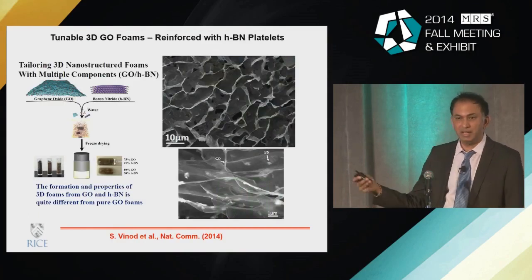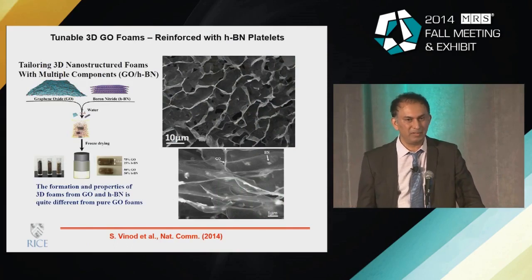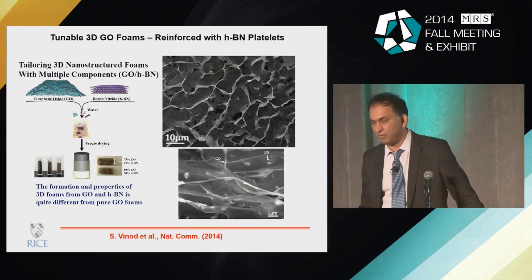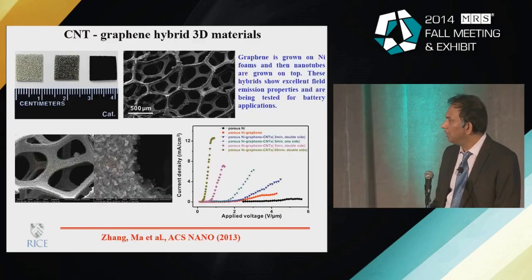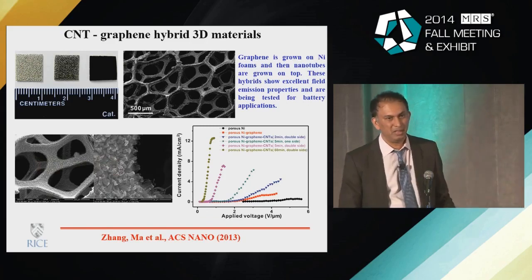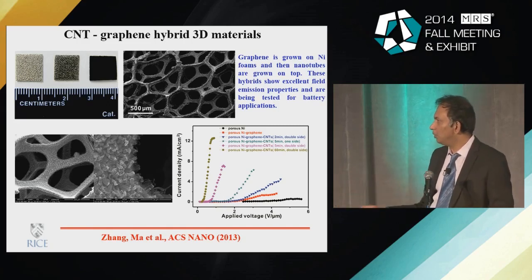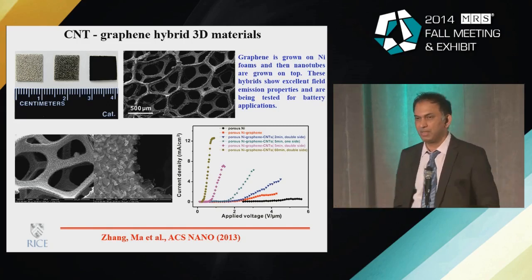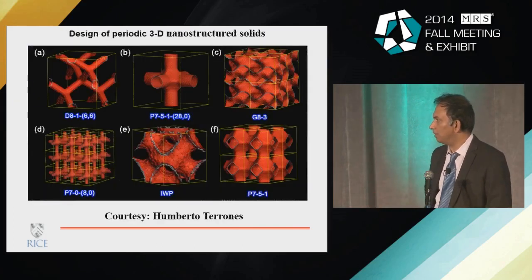And you can mix and match again in these systems. You don't have to really build these foams with graphene alone. You can have graphene boron nitride foams. You can have materials that are distinctly different in chemical character compared to pure graphene. And you can even think about building hybrid structures with different dimensionalities, like graphene, carbon nanotubes. And they all show improvement in properties compared to this individual unit from which you can build.